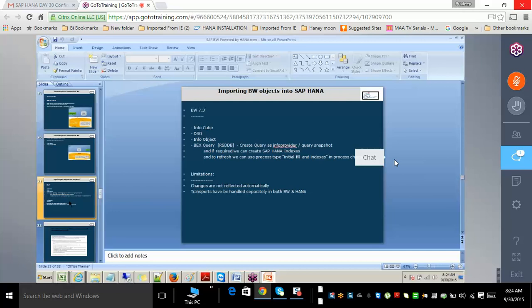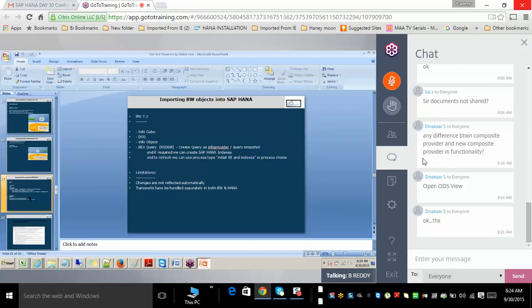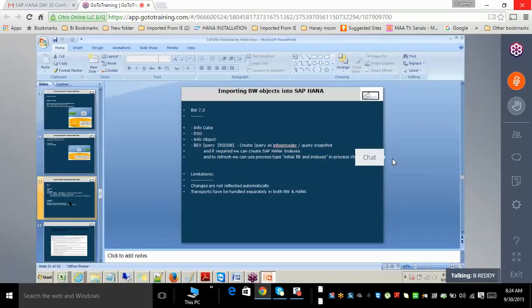So tomorrow we'll focus on how do I consume BW models in HANA. Today we had focused on how to consume HANA models in BW. So you should be able to consume two ways. In BW we can mix up both the modeling and get more appropriate modeling benefits. Okay,